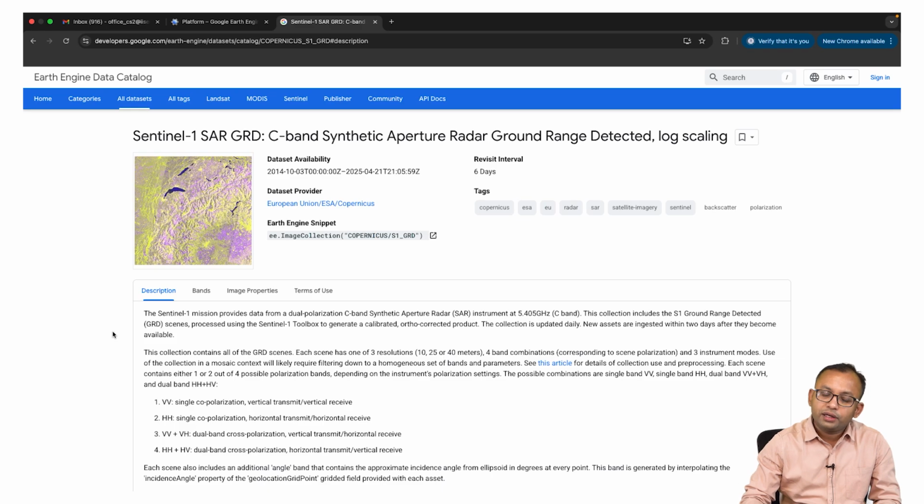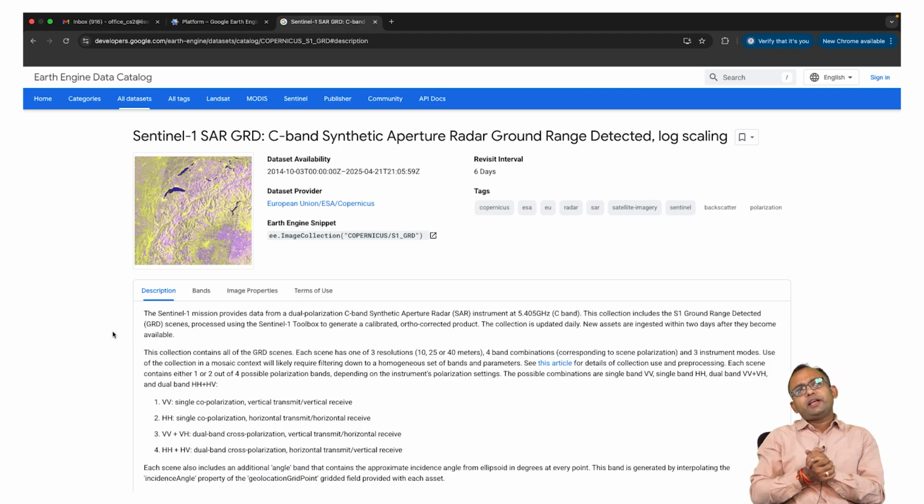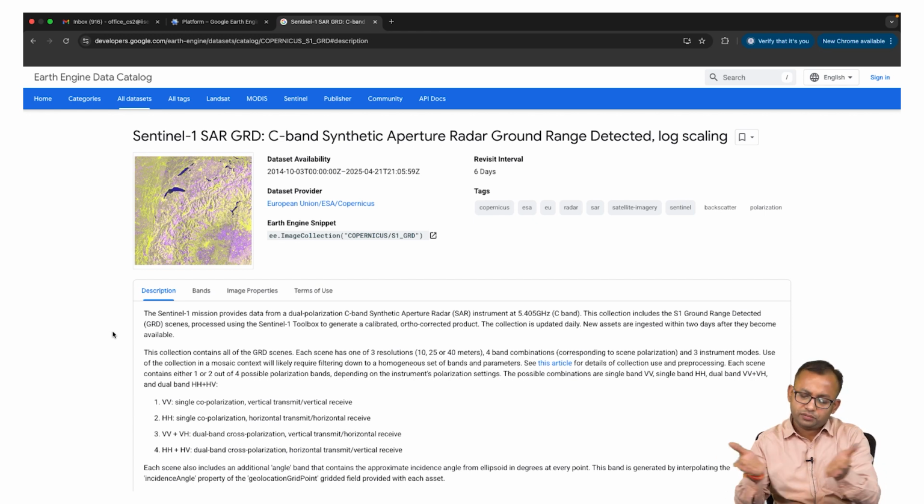higher cloud cover during the monsoon, and therefore, most of the optical based satellite systems, which is Landsat and all, fail to capture the data during the monsoon, because there is a large scatter they record because of the cloud cover. But the advantage of the radar is it can penetrate inside the cloud cover, and therefore, you would be able to see lots of new features or more features compared to the Landsat, and you can